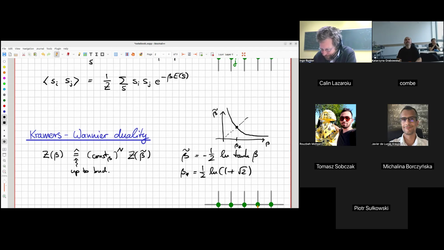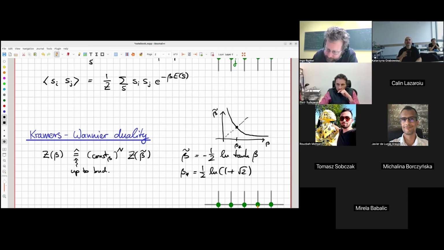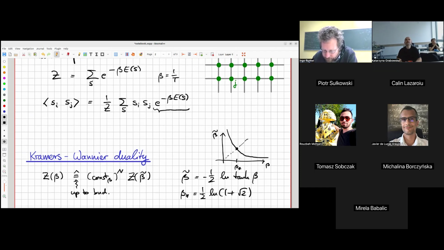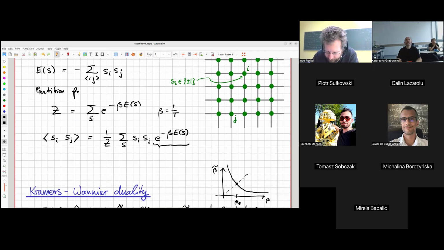I want to maybe say a word on how you get this. How would you do this computation? Again, it's instructive if you have never done this before. It's like a statement about finite sums, so there's no magic about continuum limit or field theory. It's really very explicit. Very briefly, you look at this energy and recall what the energy looked like. That was the expression up here, and you take the sum up here and you write it as a product. So you get the product over nearest neighbors of e to the beta s_i s_j.